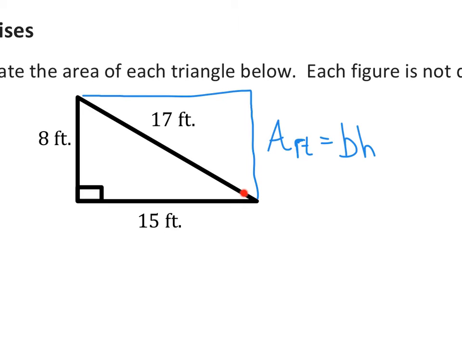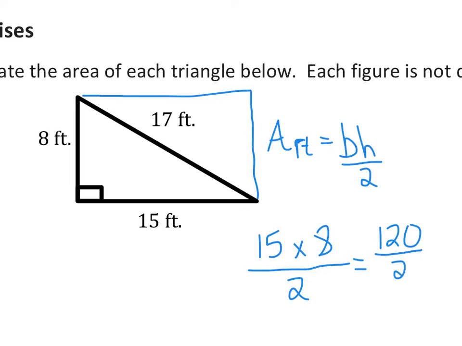But now, because we don't have 4 sides, we only have 3, we're going to take that base times height, and then we're going to divide it by 2. And that will give us the area of a right triangle. So we would set this particular problem up like this. We would do base 15 times our height, which is 8, and then we would divide it by 2. 15 times 8 is going to be 40 plus 80, which is 120. And we're going to divide that by 2, which is going to be 60. So the area of this triangle is 60,